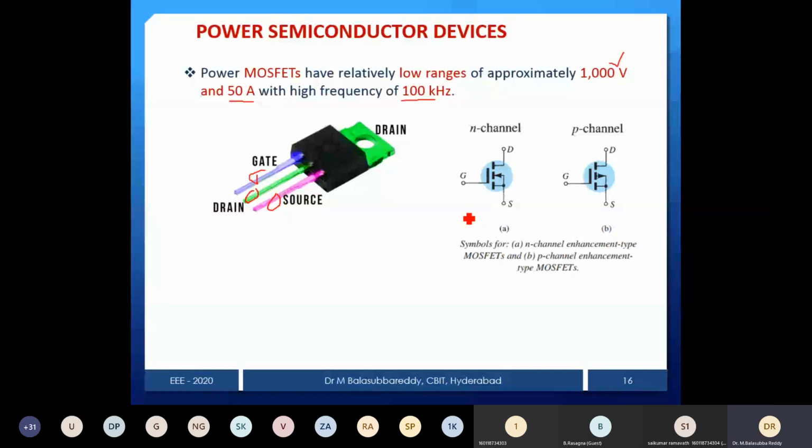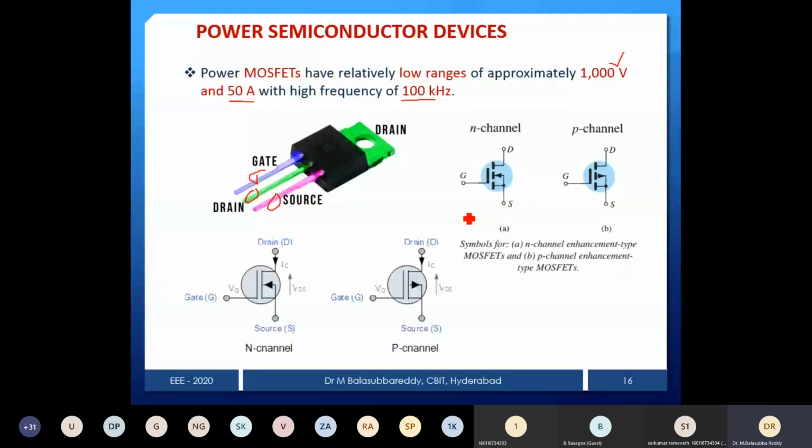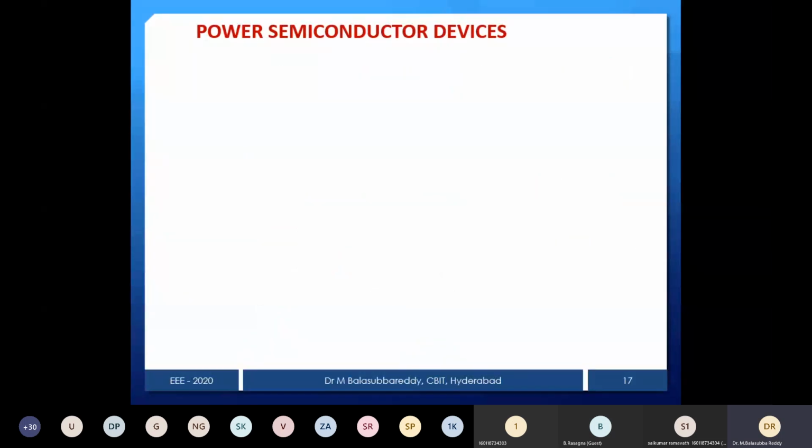That will come under the first unit. What is the N channel and what is the P channel, what is the enhancement type, what is the depletion layer type, and what is the comparison. So everything comes under unit 1. I just mention it so you understand the symbol of the drain, source, gate. This will be a P channel enhancement type, and this is a depletion layer type. So different types of MOSFETs are available.